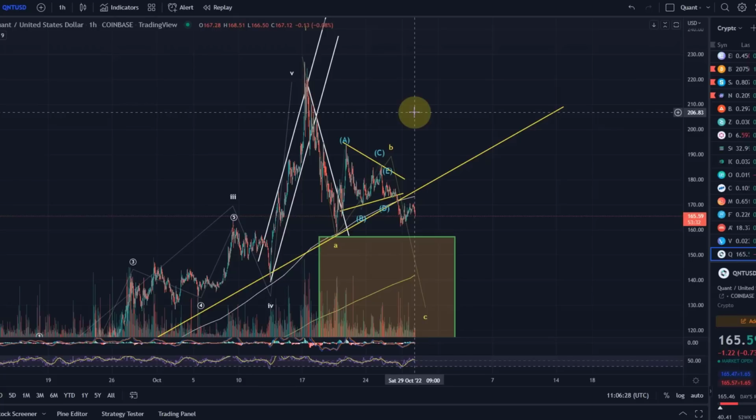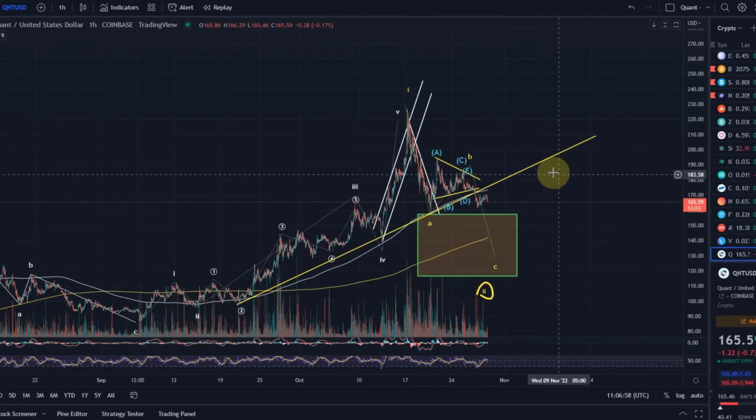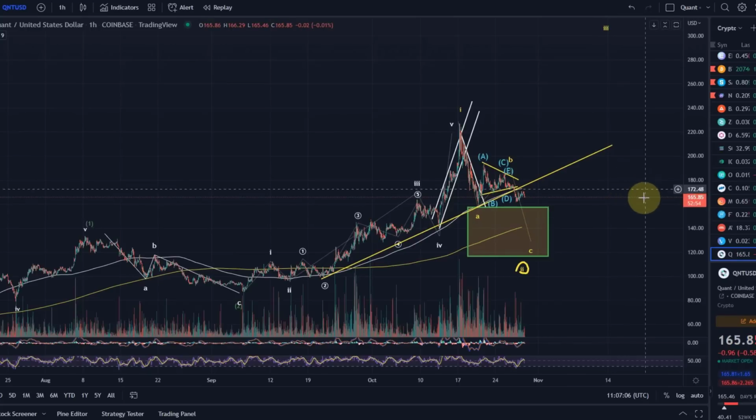Of course, to a degree, you can use correlations to get an understanding. We might be back in a crypto bull run or year-end rally, so generally the trend is up. But if that means that Quant runs with Bitcoin, it doesn't make any sense. It's worth analyzing each chart individually, understanding the individual support and resistance levels, the breakout points, the key Fibonacci support levels and the wave count. That is what makes sense, not to look at Bitcoin and base my Quant analysis on it. I know there are different views about this, but ask any elite wave analyst who's got some skills and you will find the same answer.